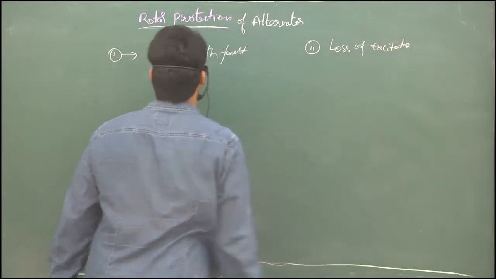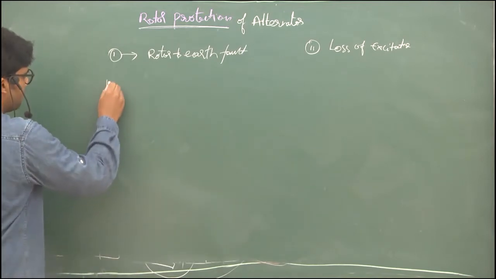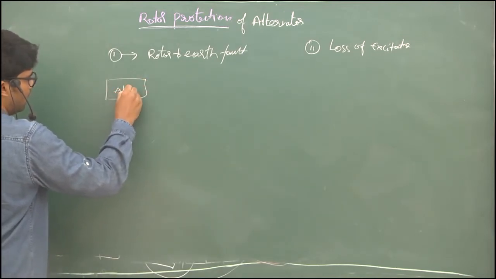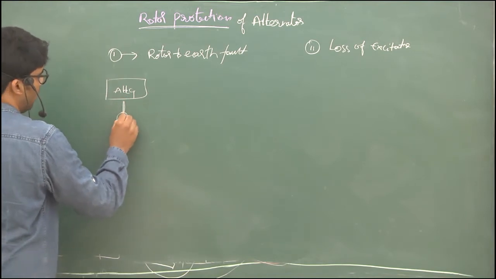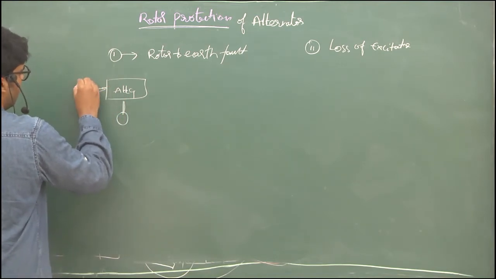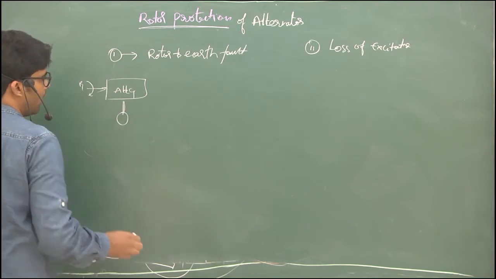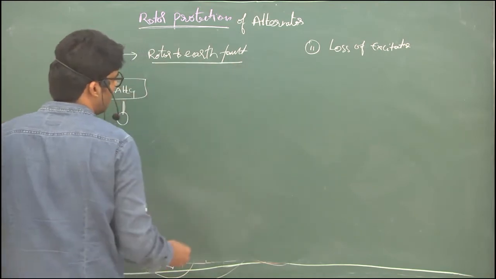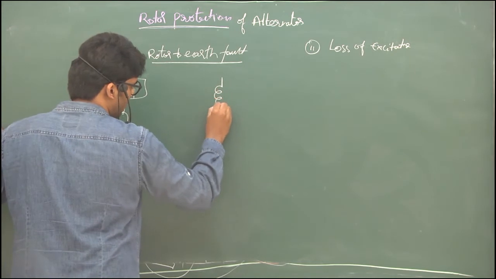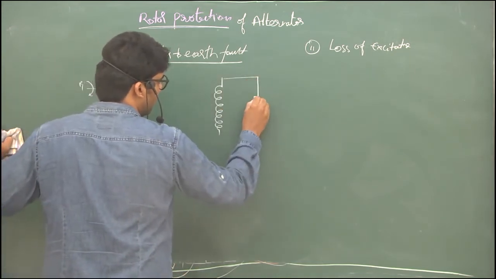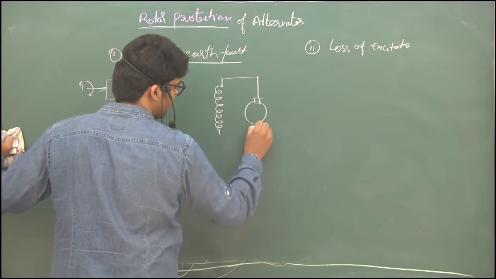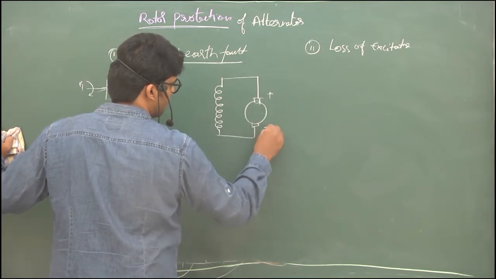Okay, so as we know, this is the alternator we have. The alternator will be excited by the excitation field, that is the rotor field, and this is a prime mover, we know that. In the rotor field we have the rotor earth fault. What is meant by rotor earth fault? Let us take this is the rotor field. For this rotor field we have an excitation system, that is a DC excitation system.